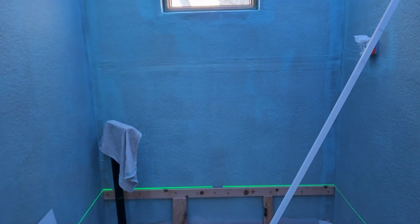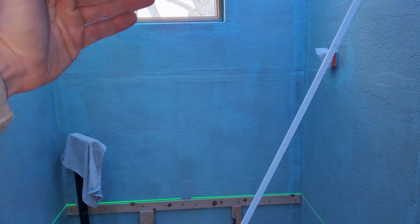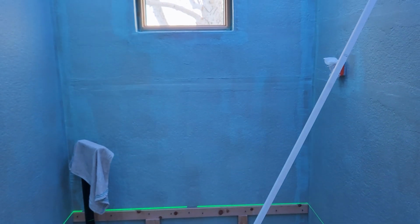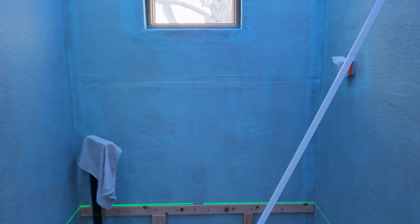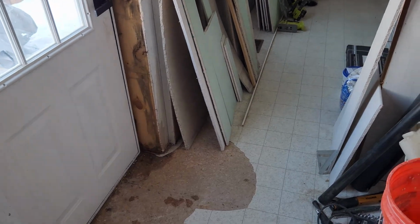We're gonna get it to a nice thick consistency so we can put it on our wall, trowel it, and it's not gonna be runny. It's gonna stick on there really nicely. Definitely mix up your thin set outside. It is snowing outside, so what I'll do is I'll let it rest for the resting period on the back of your bag. I'll let it rest in here, and then I'll mix it for the last minute outside according